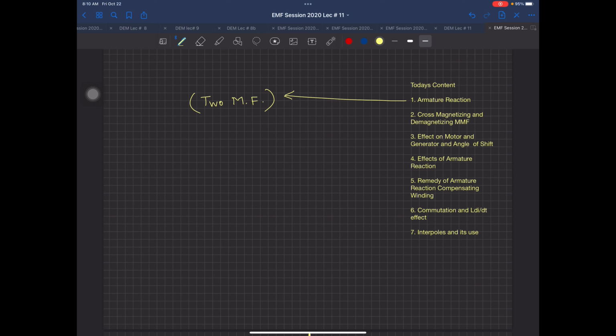Now, assuming that you have all gone through lecture number 9A at least, which is actually the lap winding, today I am going to start over here with the armature reaction. When I talk about two magnetic fields, the two magnetic fields I am talking about are the main magnetic field which we call phi F, and the second magnetic field which we will call phi A. This phi A is the magnetic field which is created because of the armature current or rotor current which is flowing inside the rotor of your machine. And this is the main field winding. This is the flux which is being created, which you require for the operation of your machine. So this is that field.